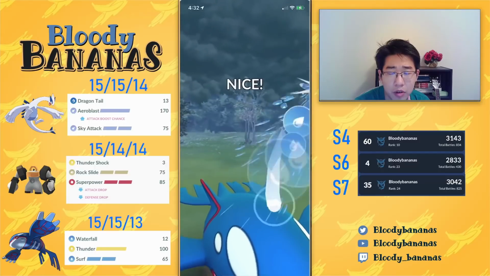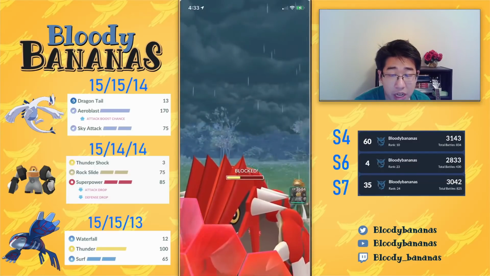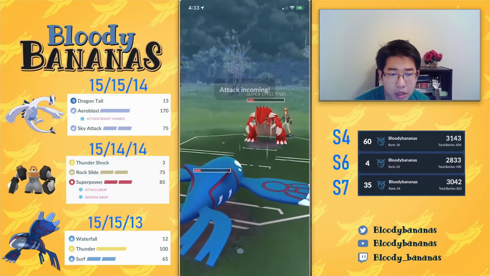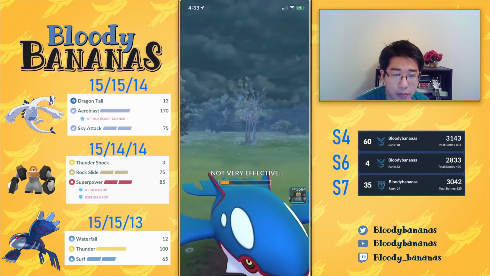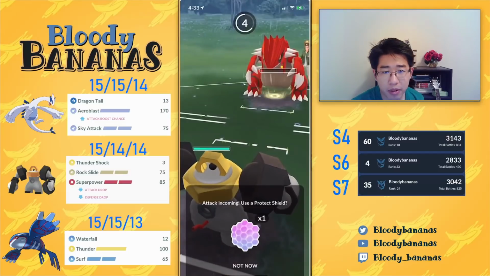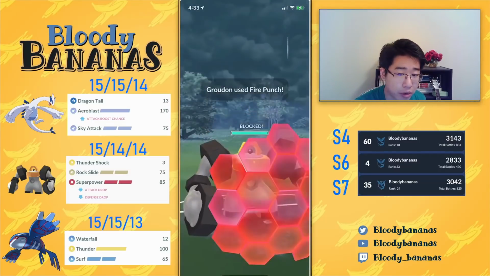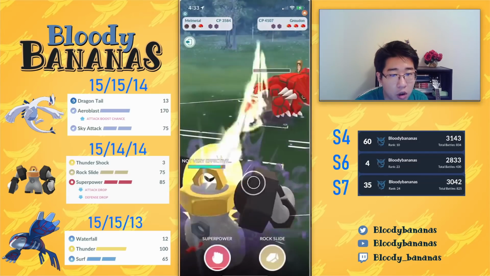So here I'm going for this Surf, and we got 2 shields with the 2 Surfs that we threw. Here, do I shield this? I think there is a point to be made to shield this. Okay, I actually don't shield. I'm saving it up for my Melmetal here, and I believe I don't shield this move either. I actually shield in case it's an Earthquake, right? But it was just a Fire Punch, and now I'm looking to just Thunder Shock all the way down to build up a lot of energy,